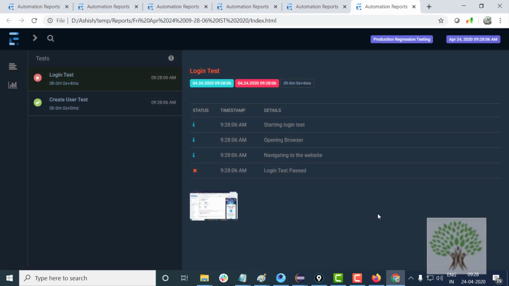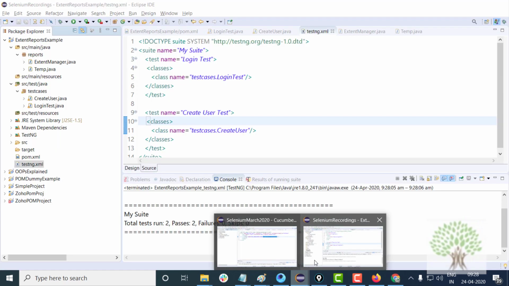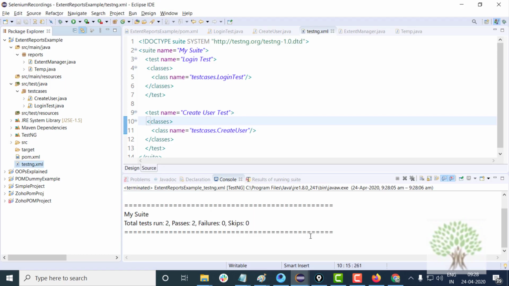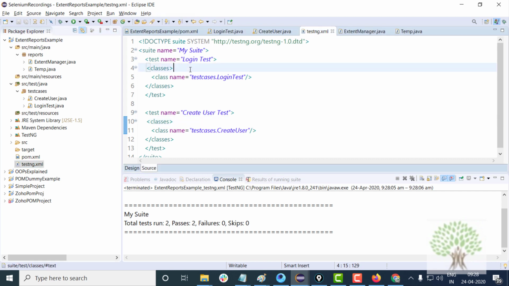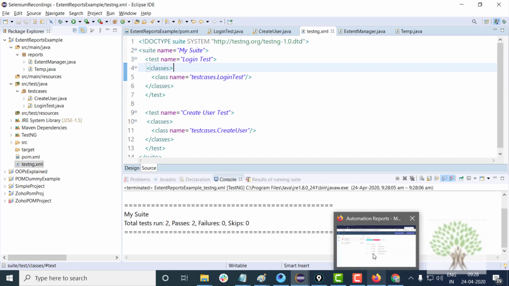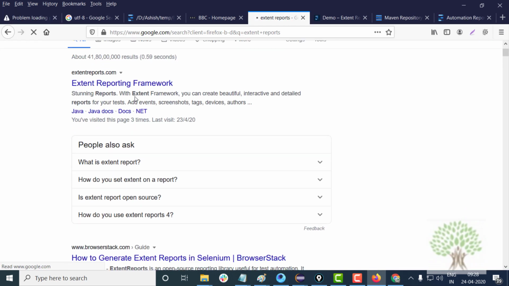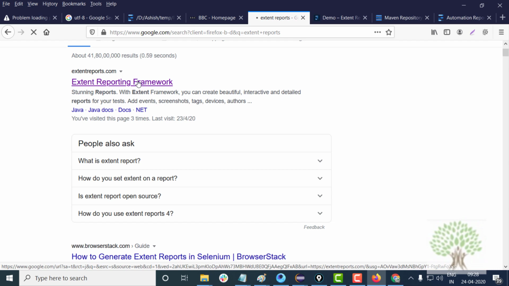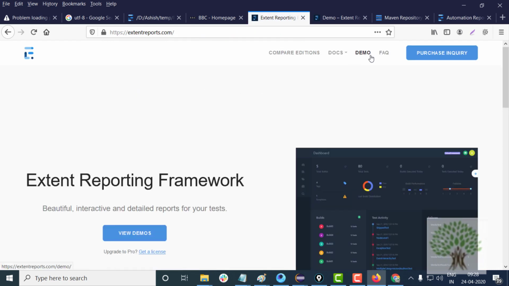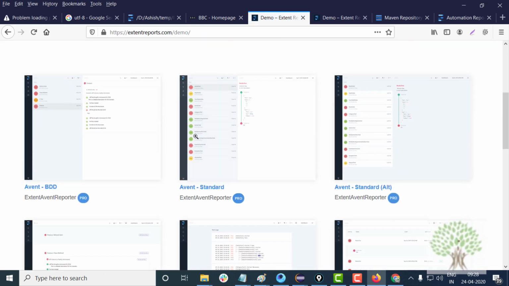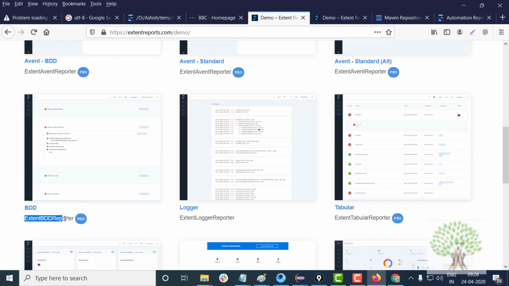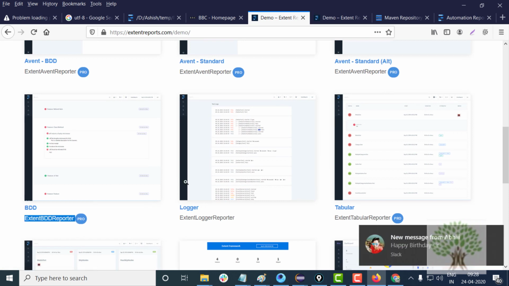Okay, so we will be using this extent manager utility in all the frameworks, in hybrid framework, Cucumber, BDD, everything. If your company has the pro version of the extent reports, then in BDD, especially in Cucumber, you have the ExtentBDDReporter, which is really helpful.